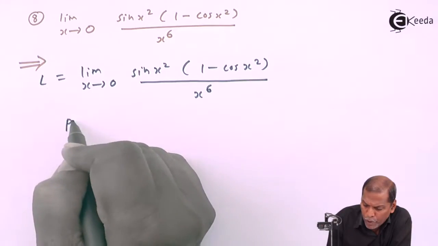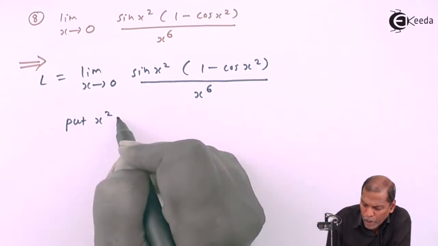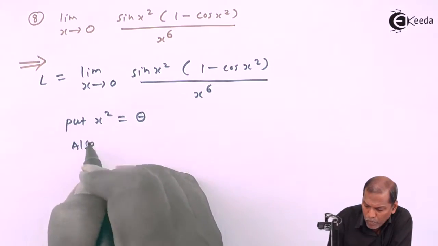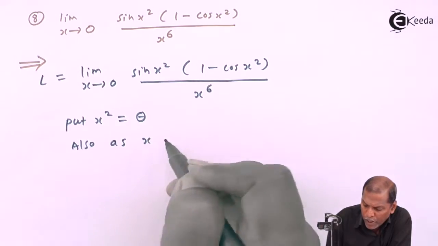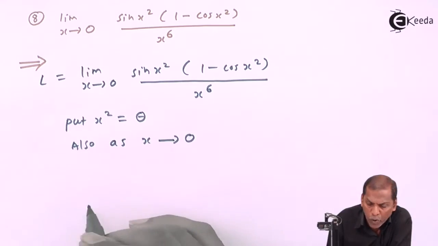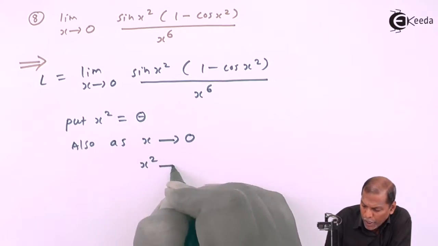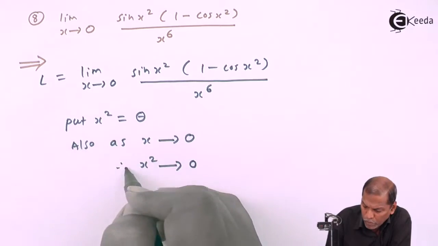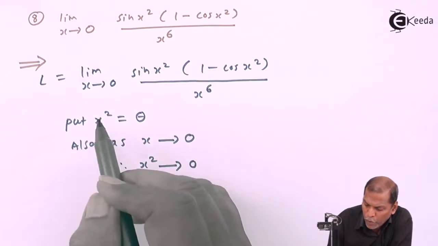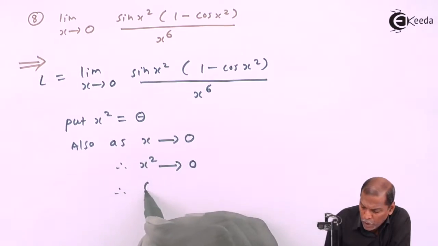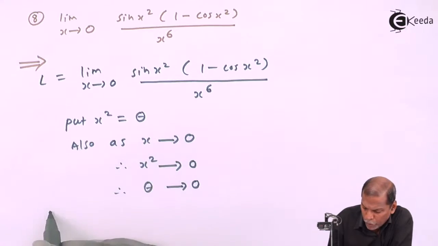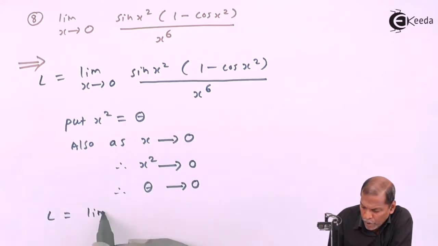Now here we put x square is equal to theta. Also, as x tends to 0 on squaring both sides, x square also tends to 0 square, that is 0, and therefore now x square is equal to theta, so theta also tends to 0. Therefore the problem becomes L is equal to limit theta tends to 0